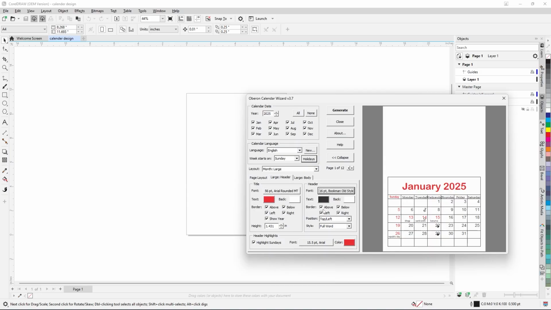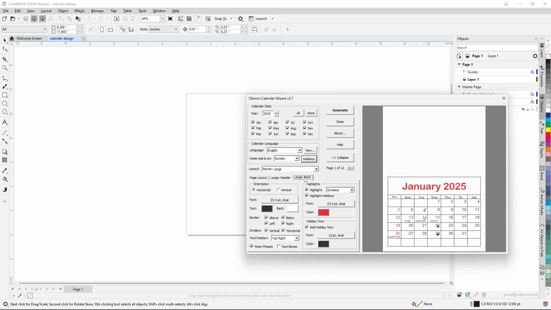Okay. Then see here these lines, outlines, if you want you can add, or you can remove. And the position, top left or bottom left, see here, but you can use this only. The style, full word, so this is Monday, Tuesday, the full name here that is giving. So instead of that, the one letter or a short form, the short form is looking good, right? The short form I'm using. Okay, after that,